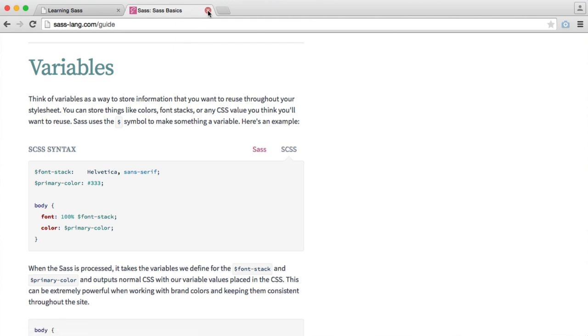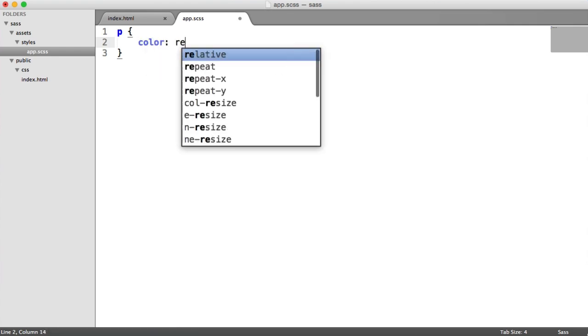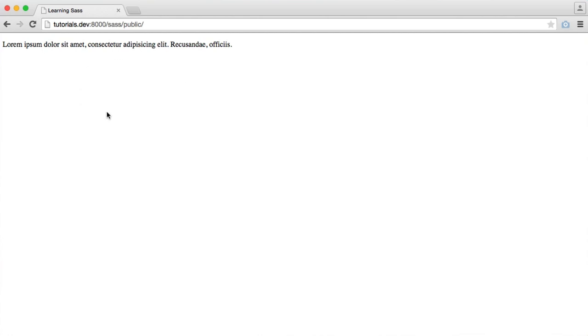So just a note there that I'm using the SCSS syntax. For the paragraph then, let's go ahead and change the color to red. We'll just do that as an example. Obviously when we refresh we don't see any change because our